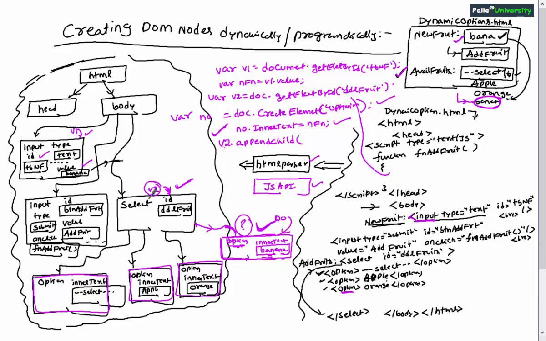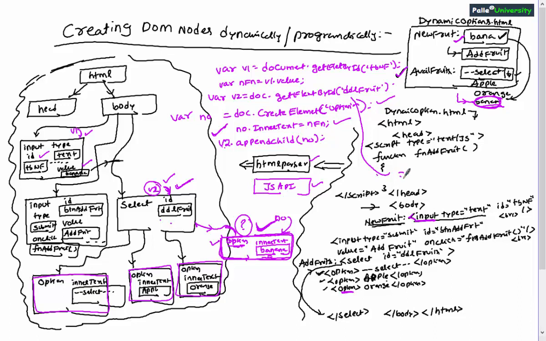v2 is pointing to the select node. So it means that if you want to add any node as a child node to the v2 node, or to the node which is pointed to by the v2 variable, you have to write v2 dot appendChild of, what is the reference, or which variable is pointing to this node? You tell me which variable is pointing to this node. NO is the variable pointing to the node, so you have to pass NO. That's all. So once this node is linked with this node, or once this node becomes a child node of this node, automatically in the UI you will see banana. That's all, as simple as this.